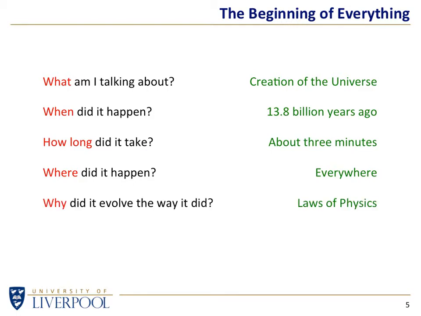Why did the universe evolve the way it did from 13.8 billion years ago to what we see now? Because of the laws of physics. And I'm a physicist, so I believe that is all correct. We may be missing some of the facts here or there, but the laws of physics tell us how the universe came from creation to the point we are today. And how do we know all that? Well, that evolution is based on the laws of physics, and we know that to be true, or at least as close to true as any scientist can say is true, again, based on our understanding of the laws of physics.